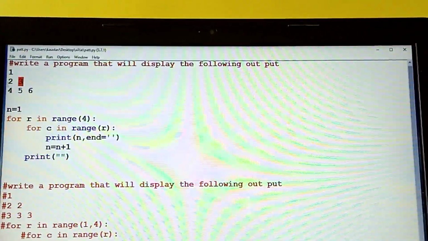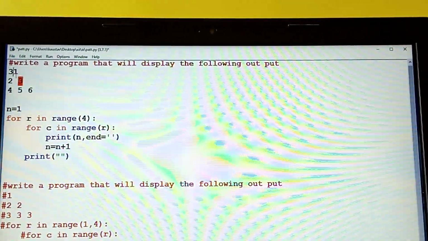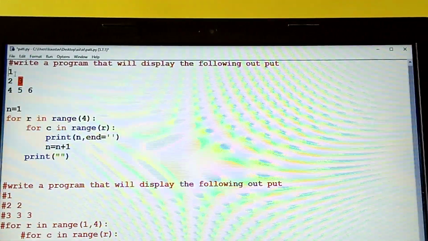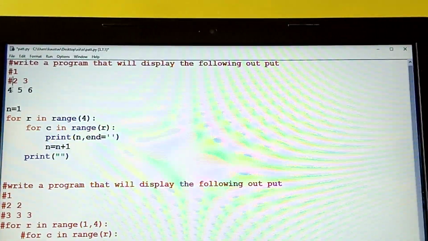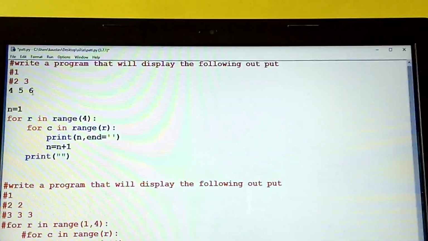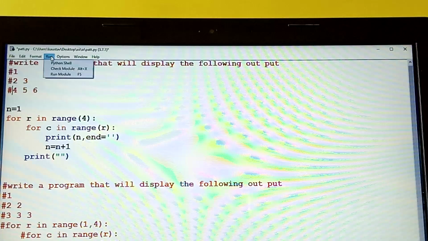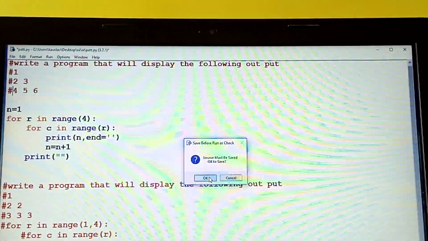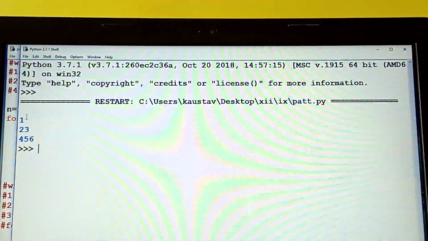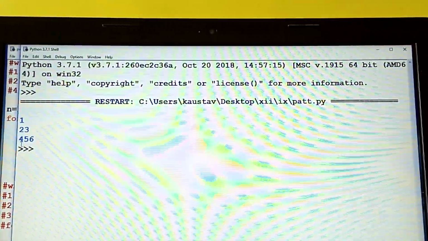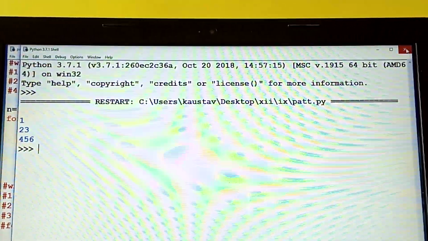Okay, I have not made this one a comment, so I have to make this a comment. I am going to make this one a comment. It means that at the time of compiling, these lines are not going to be considered as a part of the program. Done. It has been printed. Yes. 1, 2, 3, 4, 5, 6. Now if you want to give space, you can give the space over here.